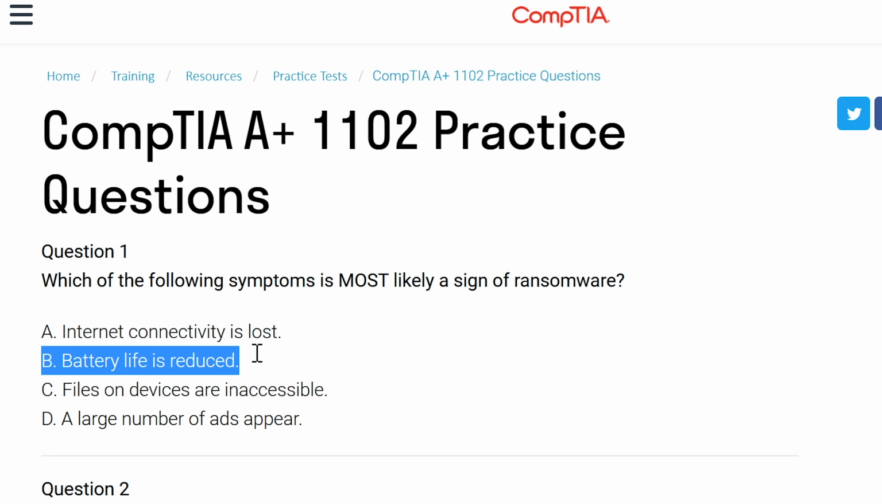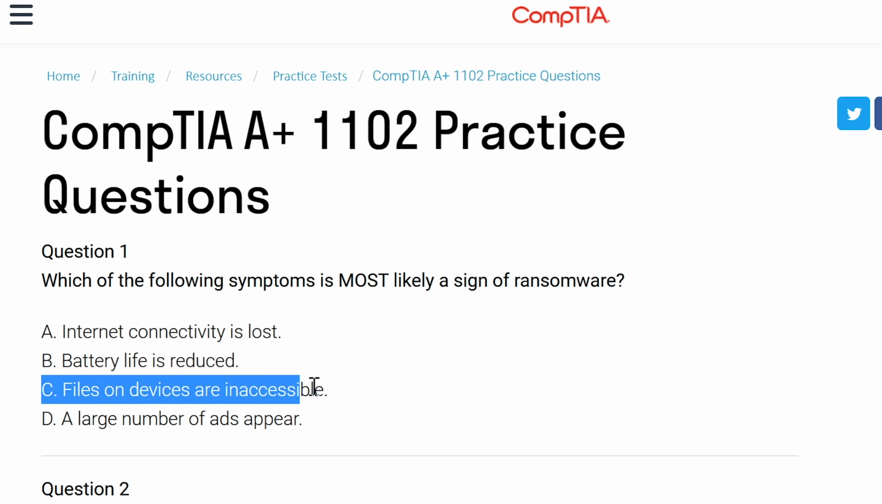And then it says here, B, battery life is reduced. Nope. Again, they want to keep your computer on to make sure that you see it. So that way you can call them and give them money so they can unlock your computer. C, files on the device are inaccessible. So yes, this here,